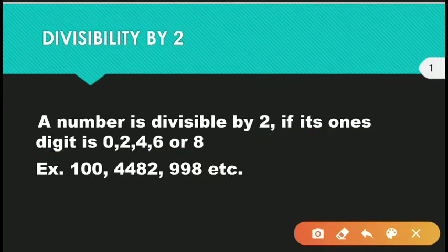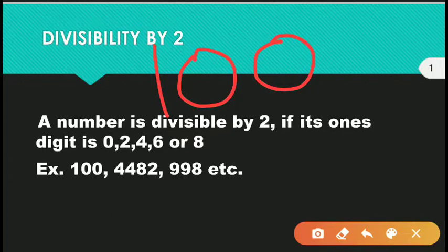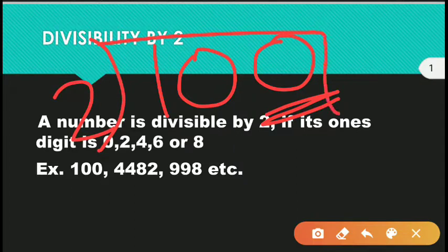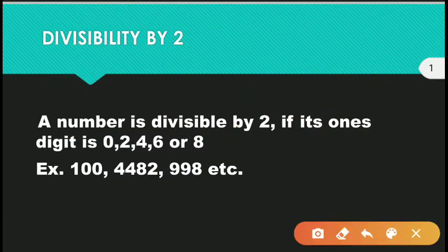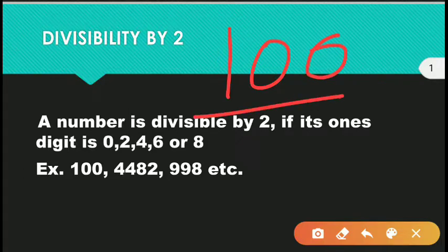If you have learned the statement, there is no need to use any pen or copy for finding out the divisibility. Example, let's take 100. What is the ones digit of 100? The ones digit of 100 is 0. That means 100 will be completely divisible by 2. And if you want to check your answer, just divide it by 2. When you divide, you will get 50. It is completely divisible. But by looking at 100, you can just say that it is divisible by 2. Why? Because the ones digit is 0.